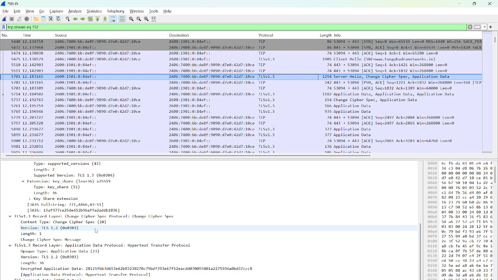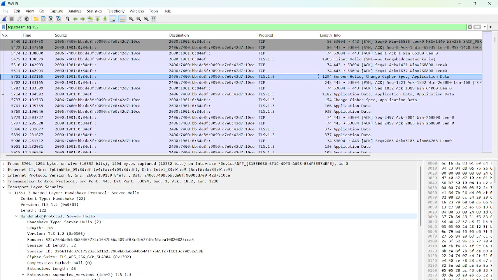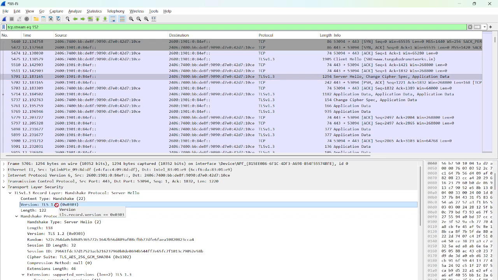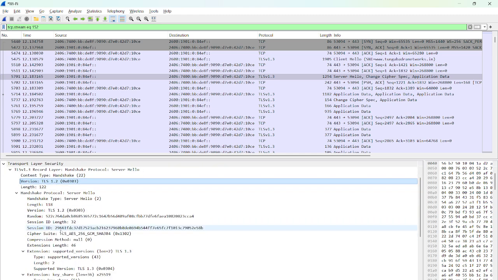In the server hello, the server tells us which versions it is going to support, and it selects only one cipher suite.